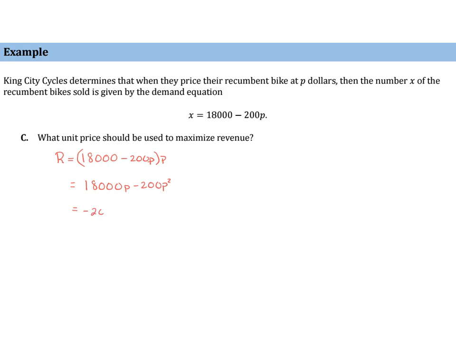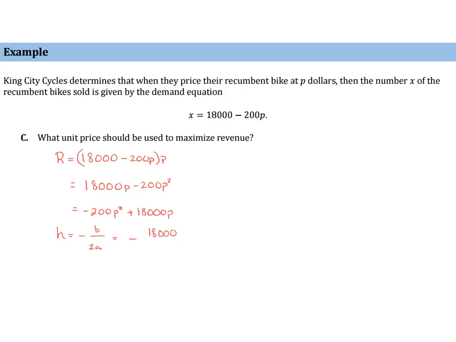We have negative 200p squared plus 18,000p. Now, if we were to graph this, this would be a parabola. The maximum of a parabola comes at its vertex. So h equals negative b over 2a